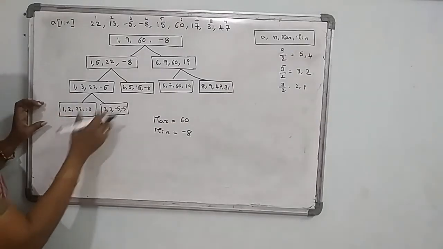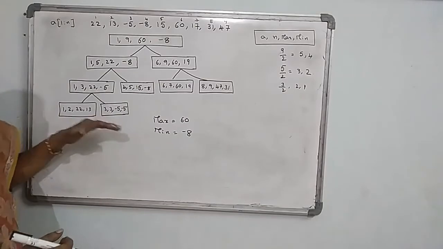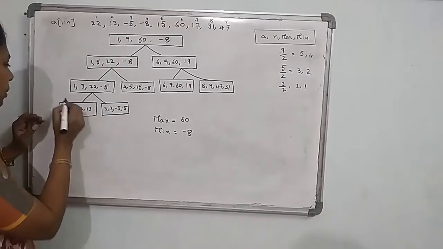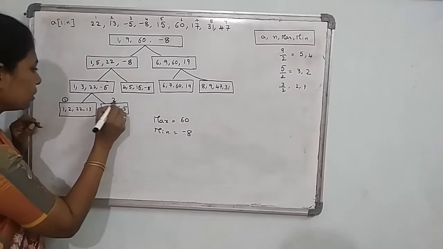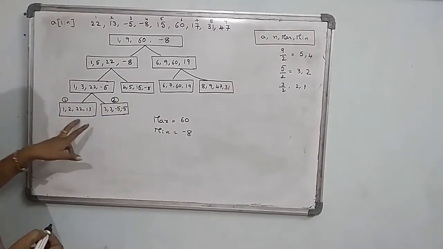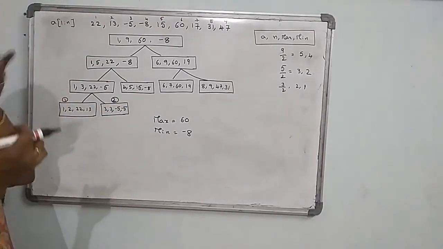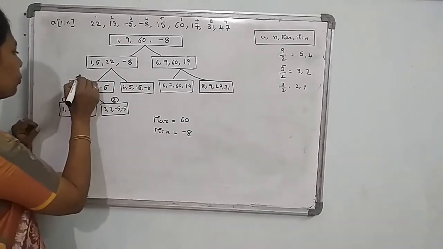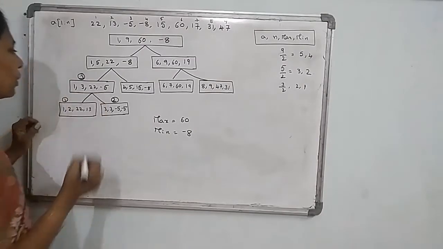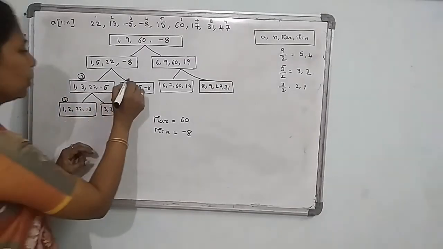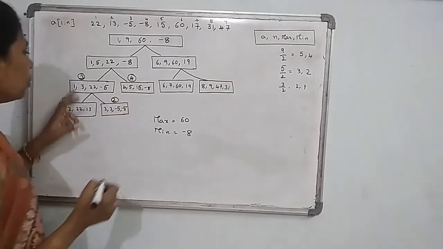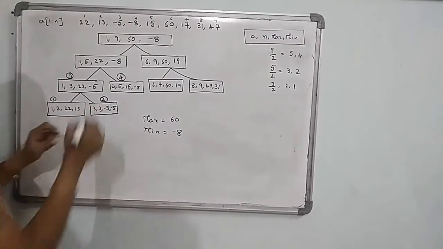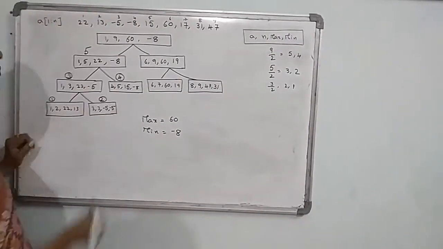So first, up to that one, you are applying the divide process. Now you can apply the conquer process. In that way, this is the first step and this is the second step. In that, you can find out the maximum element and you can apply the conquer to the 2. Then it will give the third one. Next, this is the fourth one. Now you can conquer the 3 and 4. To find out the maximum and minimum, it will give the fifth one.